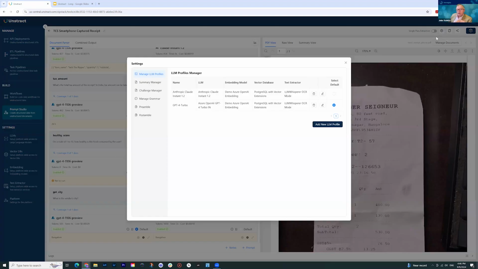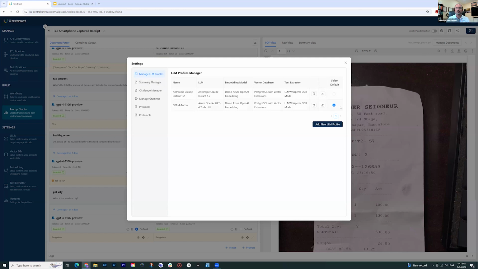But I thought you were using the LLM to create the summary view. You're not? Yes and no, right? So the summary view actually is powered by the extractor itself, right? So the extractor gets all the information from the document or the image, and then it puts that into the summary view, right? So that's what it does. The LLM is actually the prompt studio. That is the one that is allowing you to ask the questions and get whatever responses you want and all that.